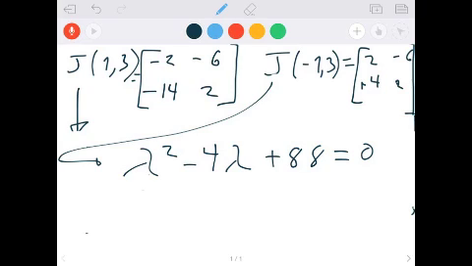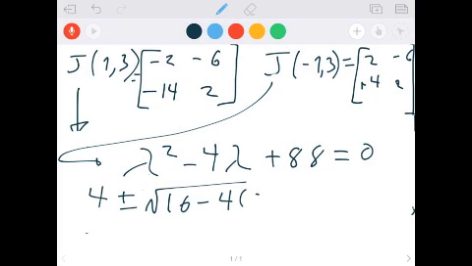So now if we find the roots of this to get our eigenvalues, just using the quadratic formula, negative b plus or minus the square root of 16 minus 4 times a, which is 1, times 88